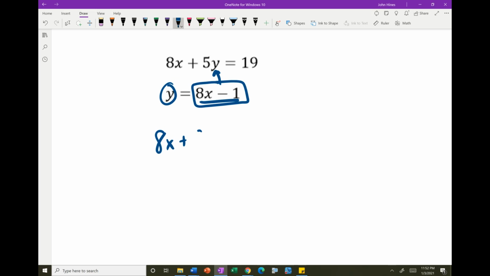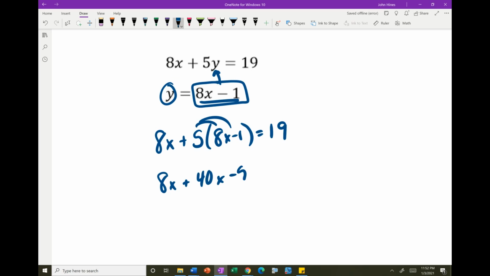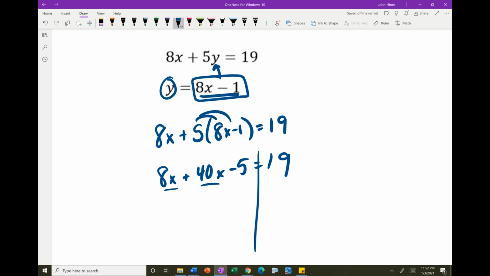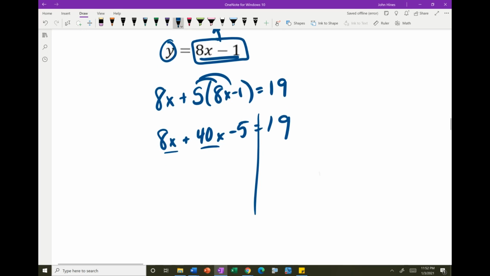So 8x plus 5y, even though it's not really y, I'm replacing y with 8x minus 1. So I'm going to distribute here. 8x plus 40x minus 5 equals 19. I got to solve for x. Same side. These are on the... Did I do this right? I did. We're good. I get